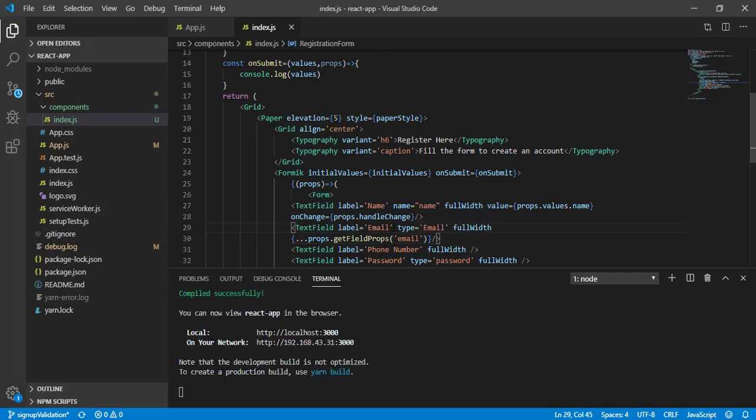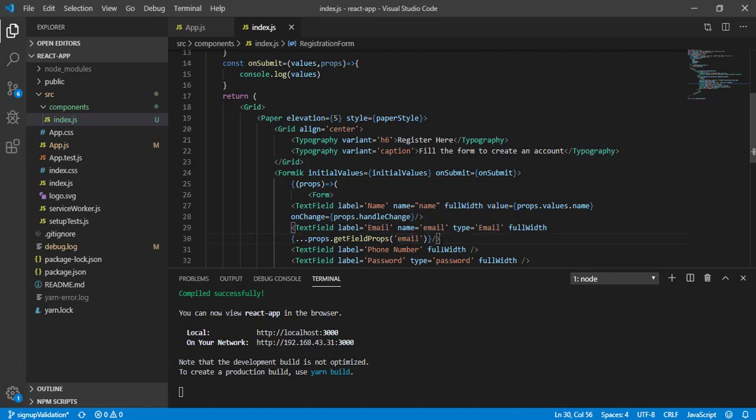Let's define the name as email. So what we have done is we get this function from props, and it expects a string parameter which can be the name or ID of this input.